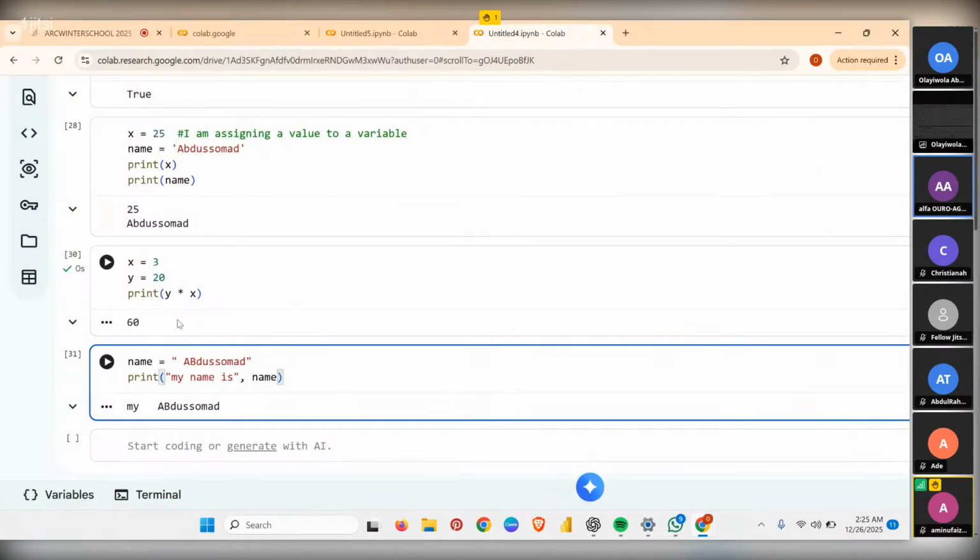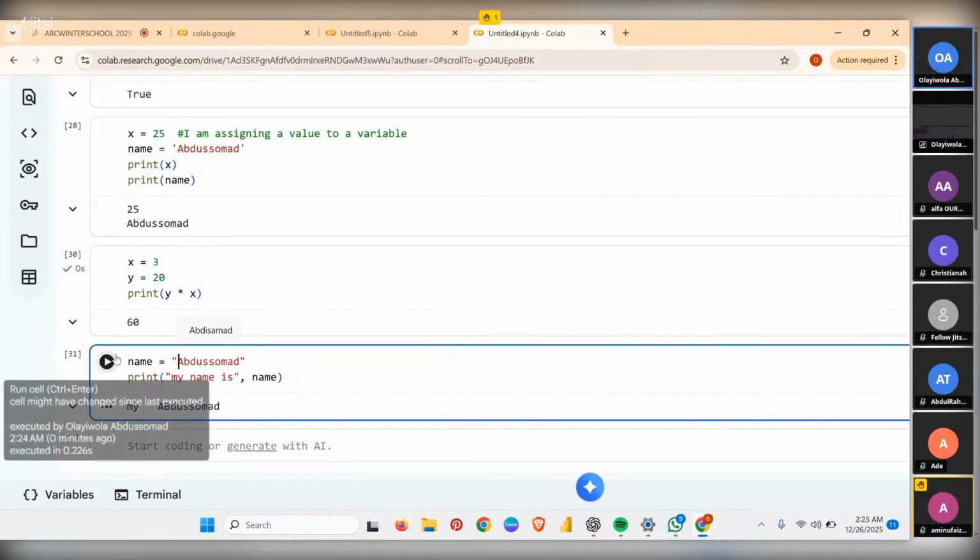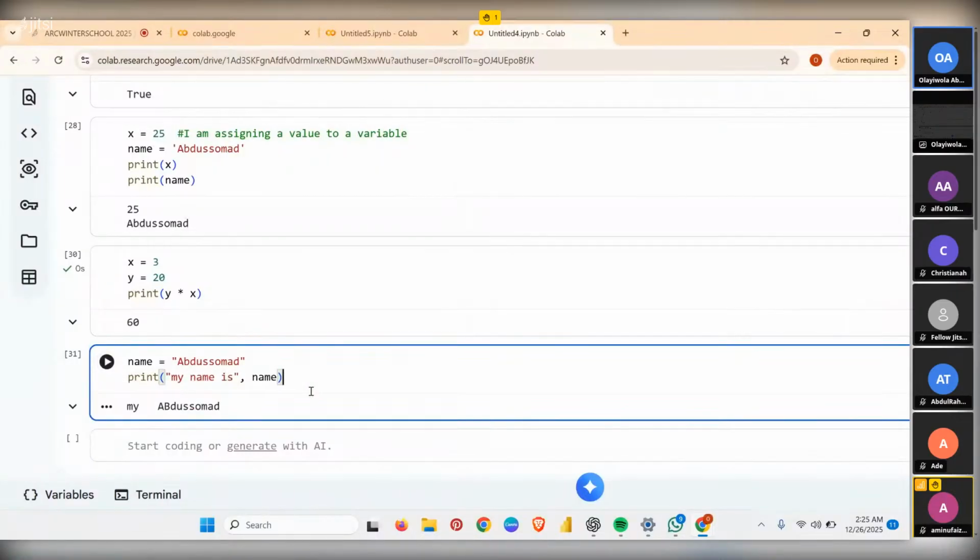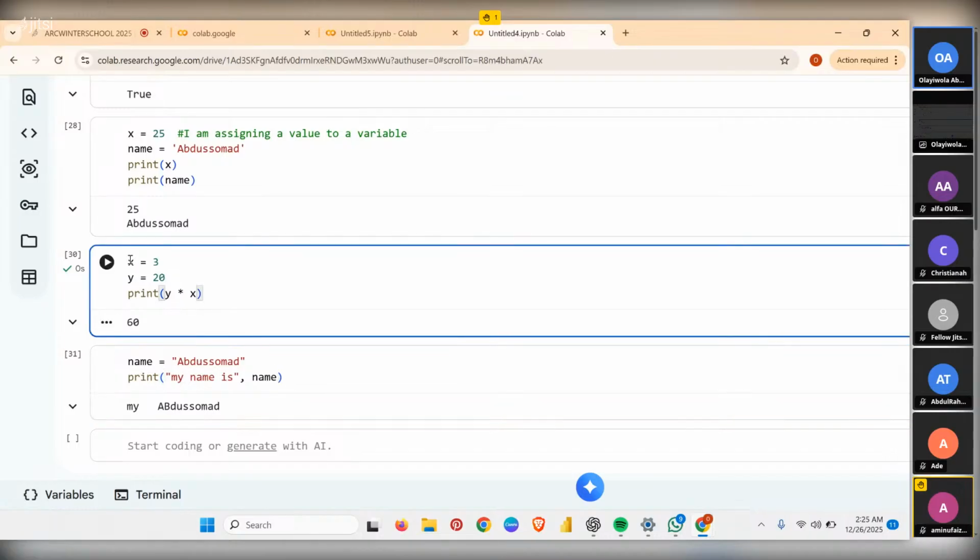We are talking about your name, to print your name. My name is something like that. So now look at this. These are our variable name equals to what? Abdussomad, which is the value for the name. So now I want to use it inside a print statement. In Python programming, you can use what you've used in your first line. You can use it also in your last line. For example, now maybe I've written a lot of codes before. So instead of writing Abdussomad again,